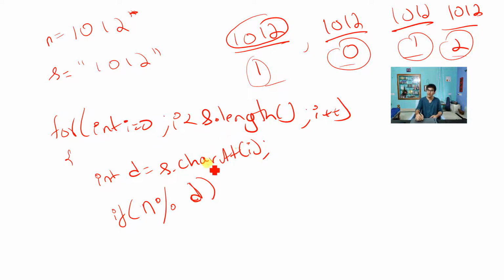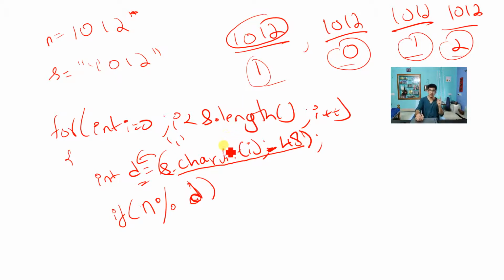Why? Because when you give a character to an integer type, typecasting will happen. So character of i, it's not 1, it is character 1. When you give character 1 to an integer, the ASCII of 1, 49, is given to d. And you should not divide anything by 49. So what you have to do, as I told you, is s dot charAt of i minus 48, and that answer you give to d. So 49 minus 48 is integer 1, and that integer 1 you give to d. I have already taught this in the previous class, so it's okay.